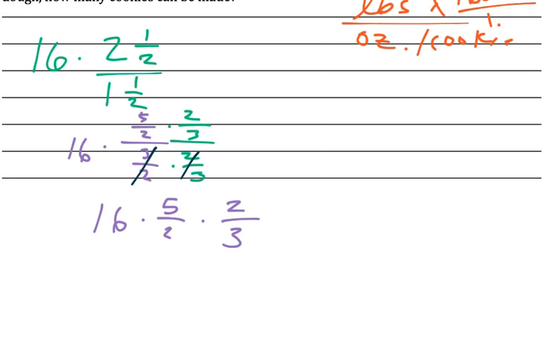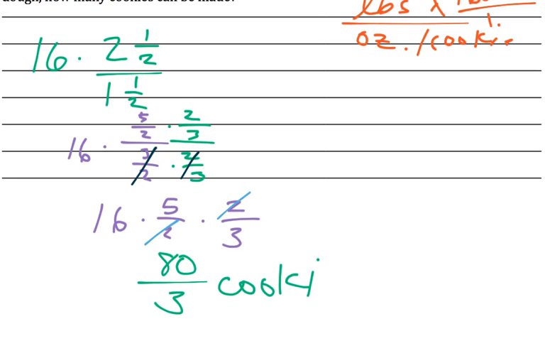Take a moment and try to look at that, and I'll even wait in the video to let you look at it for a moment. Now, it might not click right away, so let's do some more examples later. But if you're crazy uncertain about where that came from, I'd definitely like you to come and talk to me, and we'll do these the way you feel most comfortable. So I look at this and I'm like, well, does 5 over 3 cancel or have any factors that do? Same question for 16. And since my answer is no, I'll say 80, because that's 16 times 5, over 3